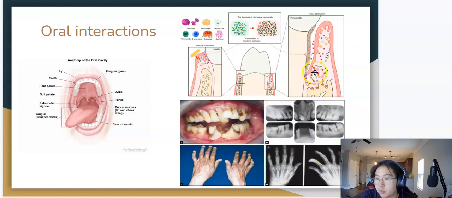So here on the top right hand side, I have a more in-depth, close-up picture. And here we see on the right hand side, the tissue destruction. We see the bacteria beginning to rapidly build on the tooth structure as well as the gingival tissue. And as you can see, the tooth structure is beginning to decay, as well as the structural alveolar bone and periodontal ligaments. So furthermore,